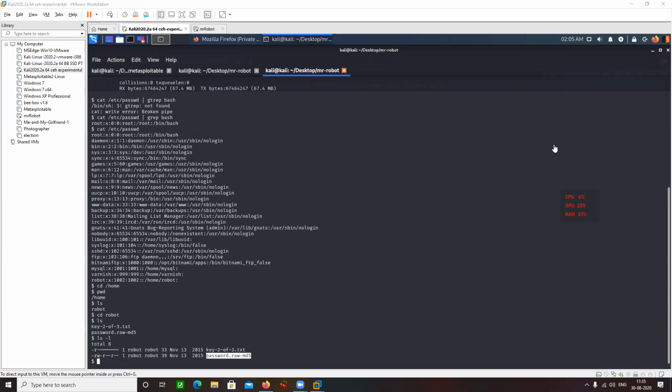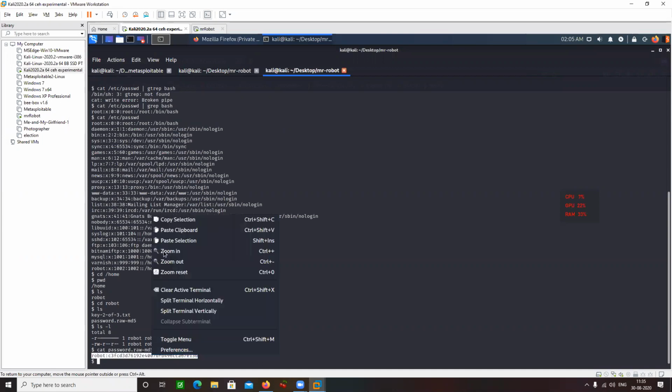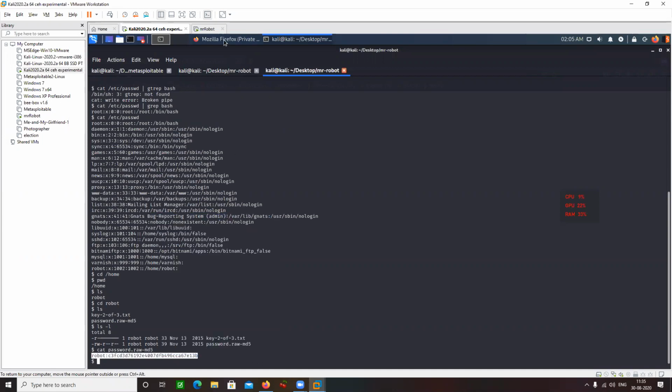Hashed format. It's some kind of a password. Let's do cat. Probably the password for the robot user. Okay, this is the password. Copy it.